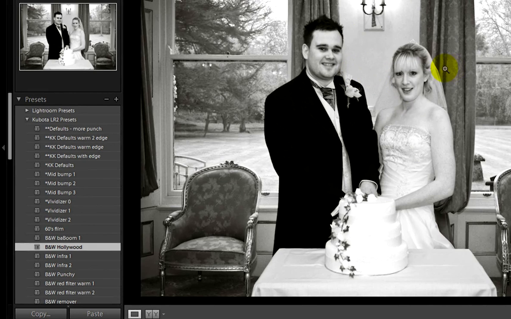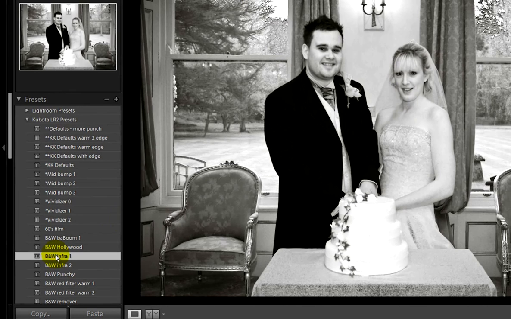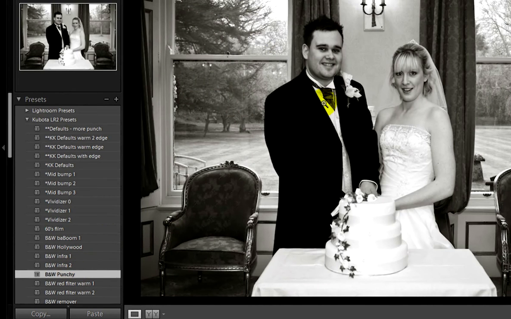It's almost going towards infrared, but it's still quite nice. And then you've got the actual infrared, where the greens go really bright, and it gives it kind of a wacky look. Then you've got black and white punchy, which is quite nice. Again, it's very similar to the one I showed you in Photoshop. It gives a really deep, rich, contrasty look to the image,